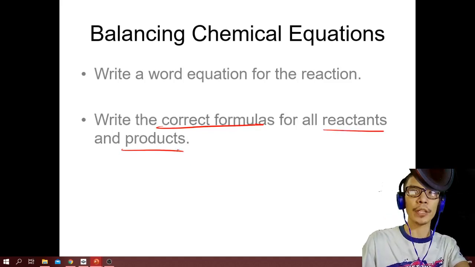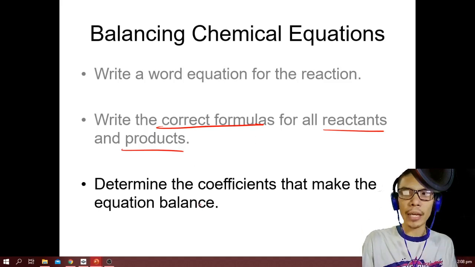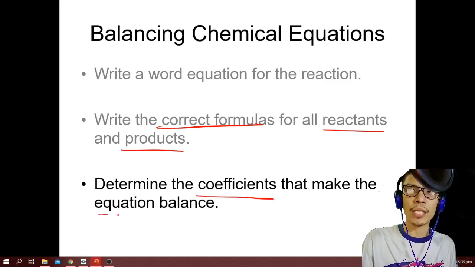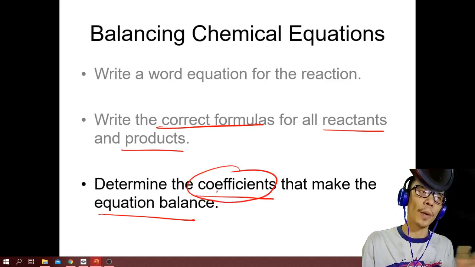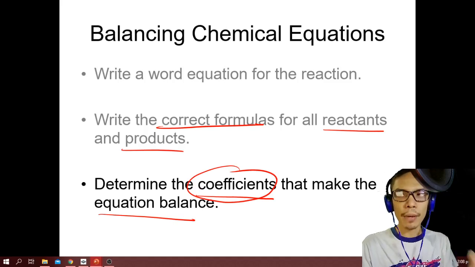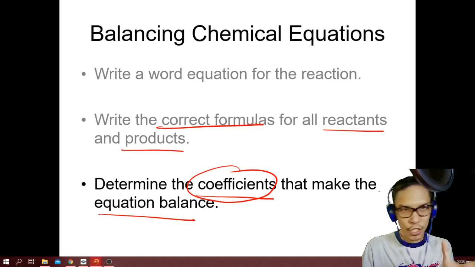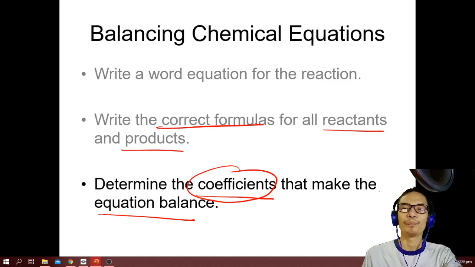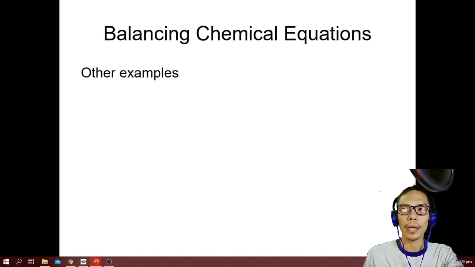So take note of that one, of reactants and products. That is very, very important. And it must have the correct amount of coefficient that makes the equation balance. The number of coefficients follows the law of conservation of mass said by Antoine Lavoisier. Okay, so that's the coefficient. Alright, so with these three in mind,